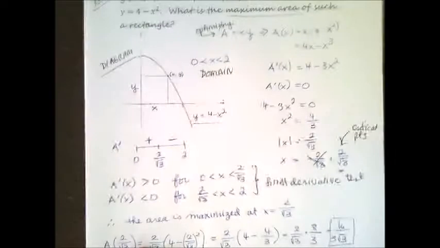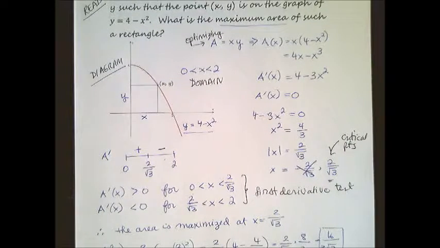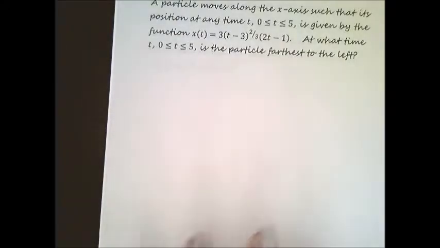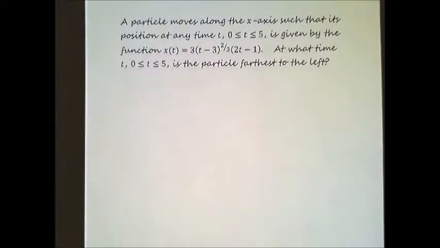So these steps are all general steps in solving optimization problems of any type. And let's look at a different type of optimization problem. This one is a particle motion problem. Reading. A particle moves along the x-axis such that its position at any time t, where t is between 0 and 5, is given by the function x of t equals 3 times t minus 3 to the 2/3 power. That really should be an exponent. I hope you notice that it's not really on that bottom line. Times 2t minus 1. At what time t, where t is on its interval, is the particle farthest to the